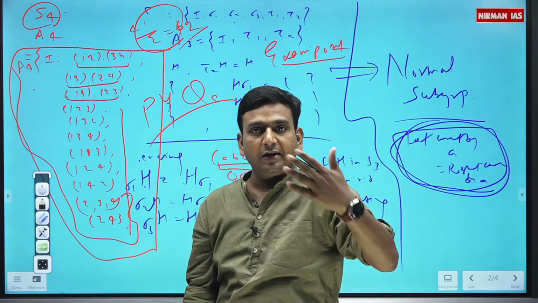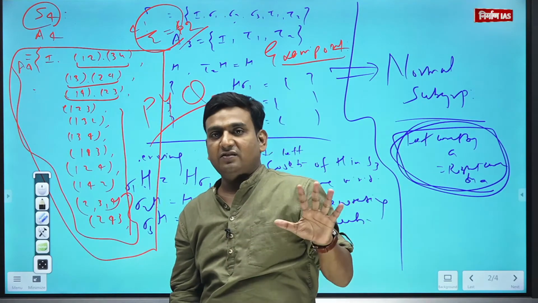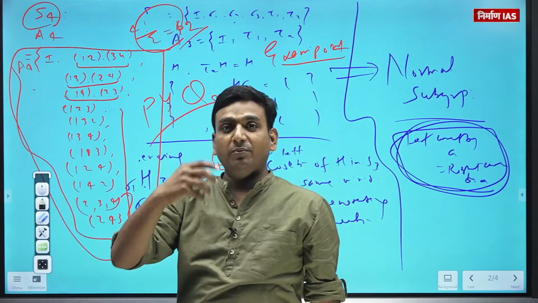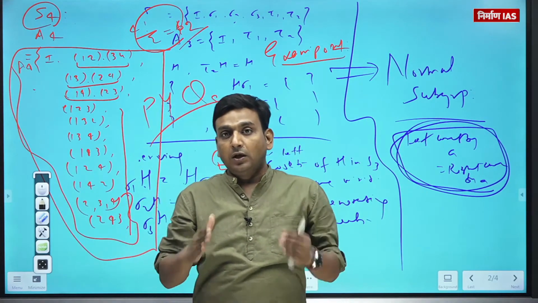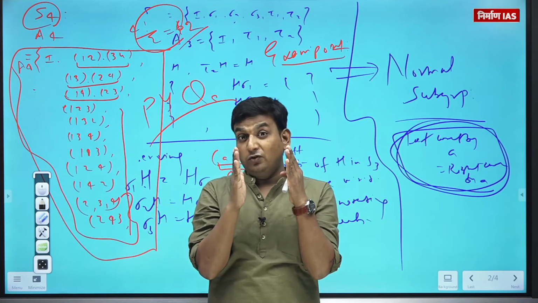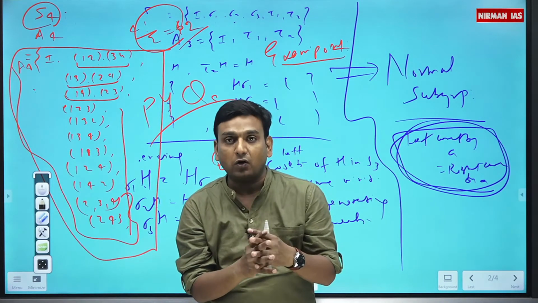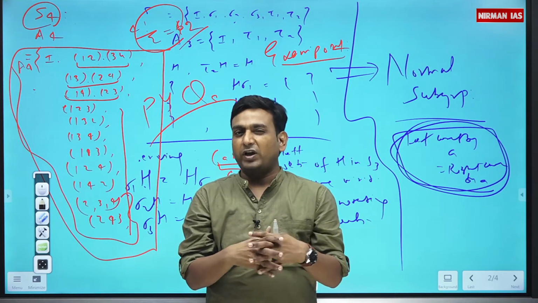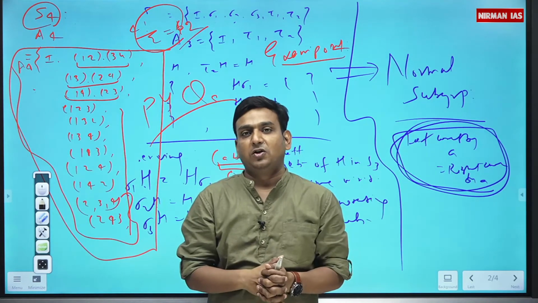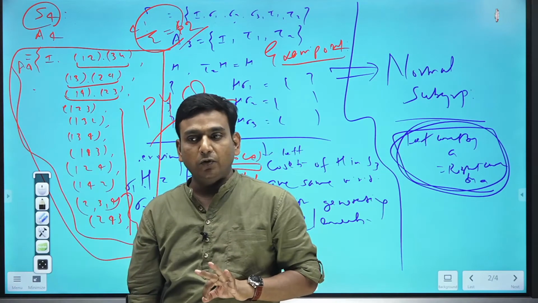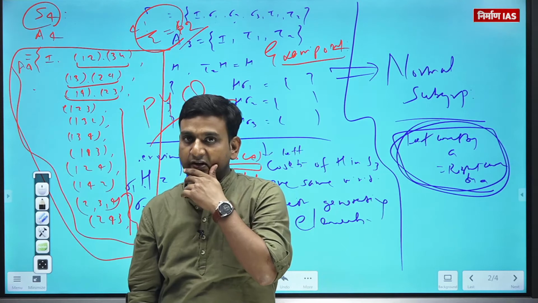In the assignment class we are already doing those questions, so that is a separate part. But for theory, my way of teaching, and also my way of studying, was that with the theory I should not have a pre-notion that I have to study this type of thing. No, not at all, we have to understand the concept. So I hope the normal group concept is clear to you guys. Is there any doubt?